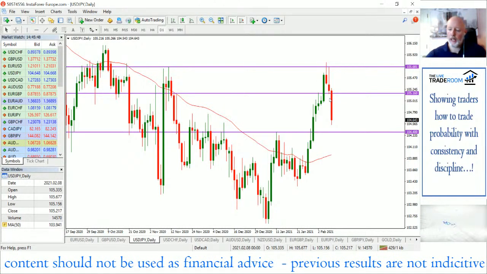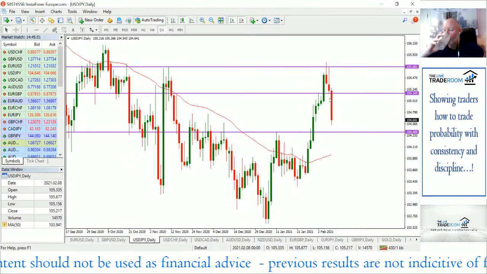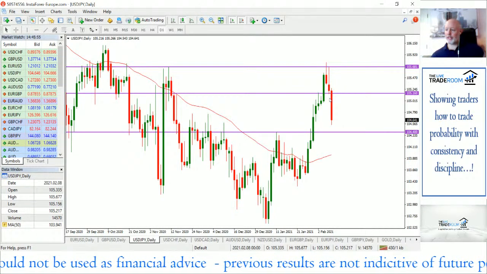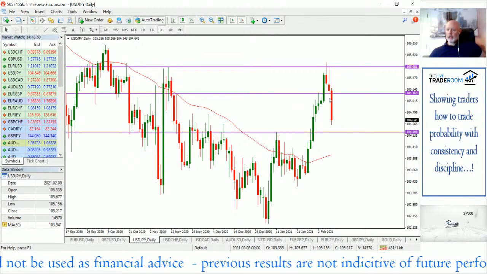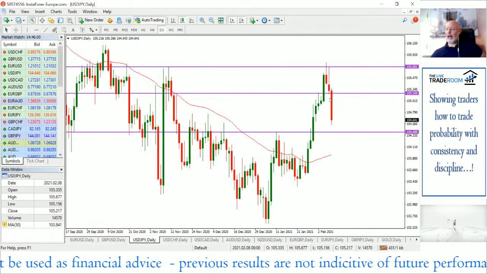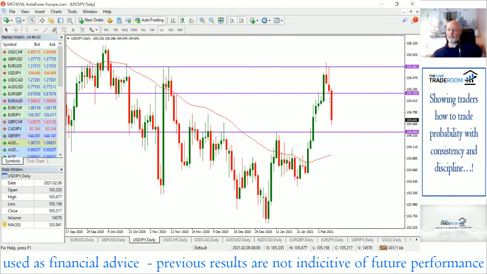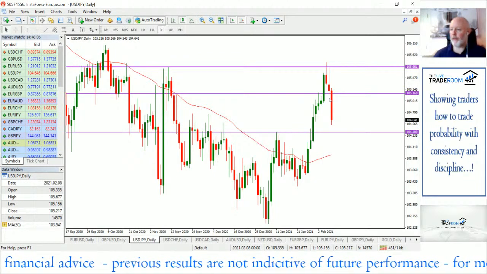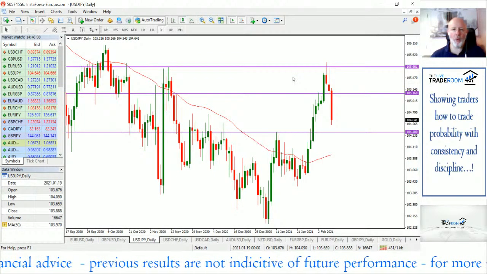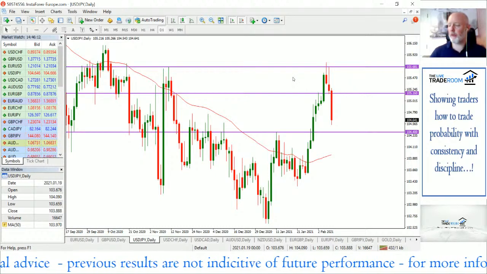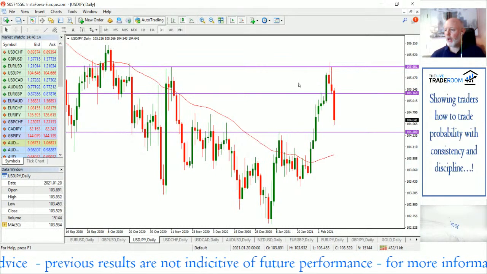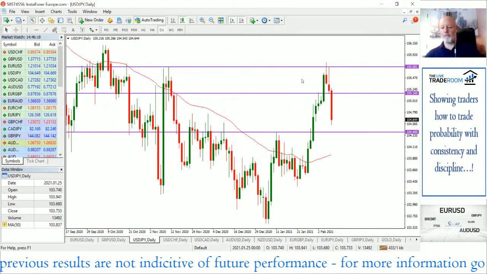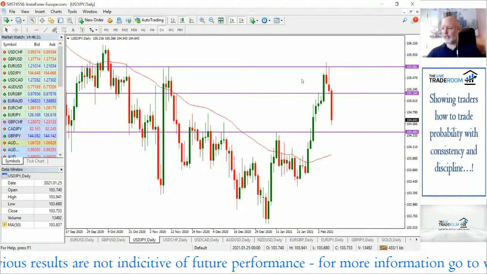We can often trade using pending orders. It's just we haven't used pending orders now for only a handful of occasions over the last year or so, and it's purely down to the considerable volatility we've been seeing and the more erratic market conditions that we've been trying to overcome. So hopefully there's a little bit of calm beginning to creep in. There's a little bit of positivity as well about